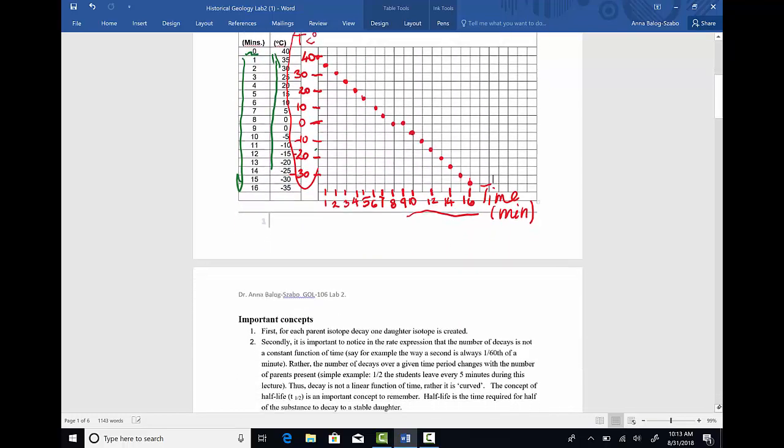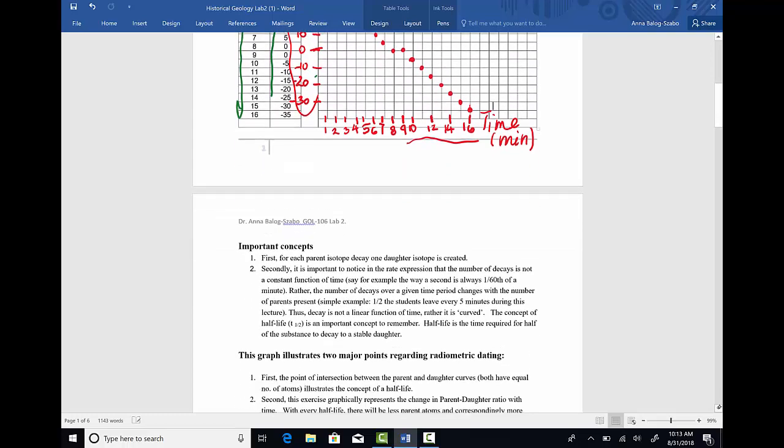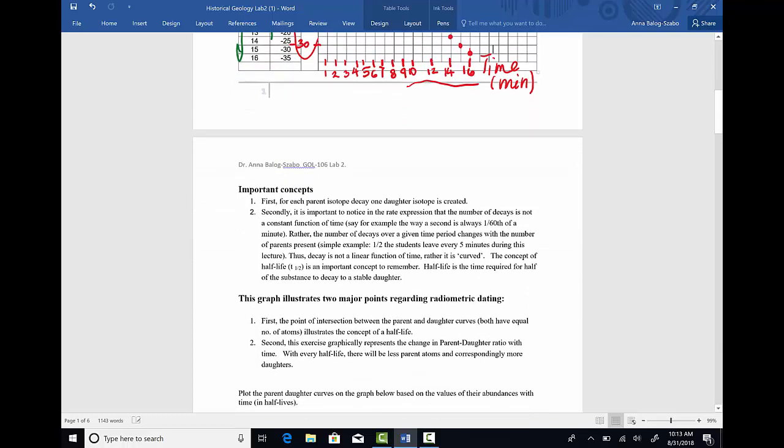There is a couple of important concepts. The first one is that each parent isotope decays into one daughter. For each parent isotope to decay, there will be one daughter isotope created. So one parent decays, one daughter is created. And the other one is,